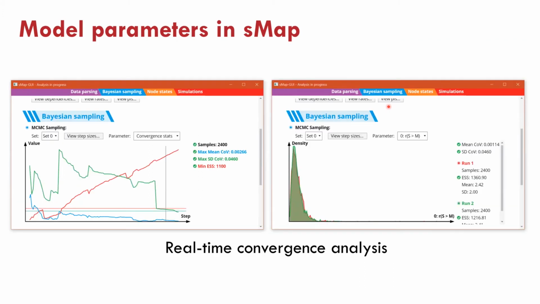not. Instead, if you're doing a Bayesian analysis, you get these convergence statistics in real time, which are a bit like a real-time Tracer if you want. So this plot here on the right is essentially the posterior density estimates for 2 different runs. And again, these are updated in real time, so you can check and see that they are the same distribution. And similarly here, you get these convergence statistics that can be used to assess when the analysis has converged or